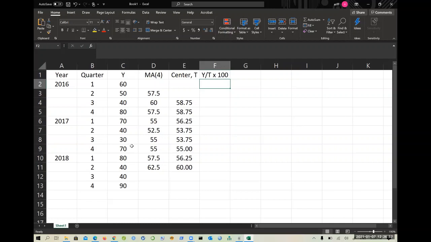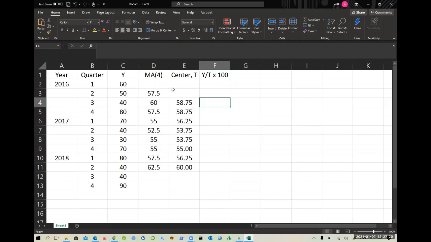Okay, so later I will show you how to write your answer when we use the one that does not multiply with 100. Okay, so in this case we are using the multiplication of 100, and of course you only do the seasonal variation